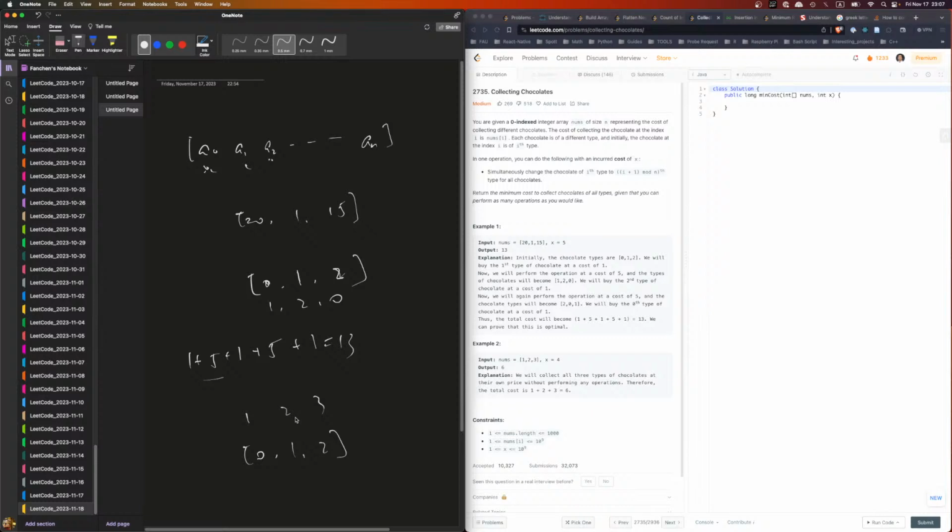So nums.length is, so we have 1000 positions. Okay, so we have 1000 positions. And we just keep shifting to the left, right? We keep shifting to the left. So at each position, right? At each position,